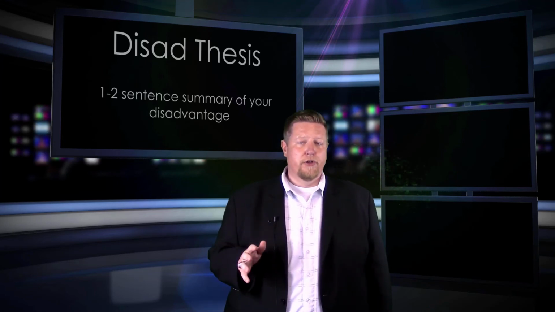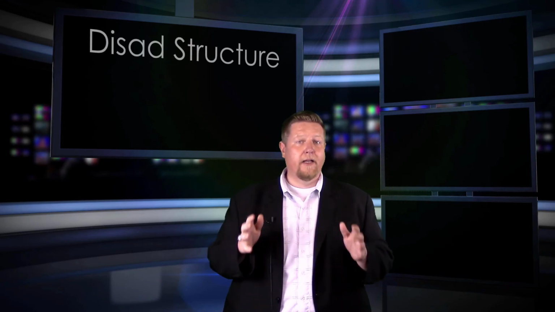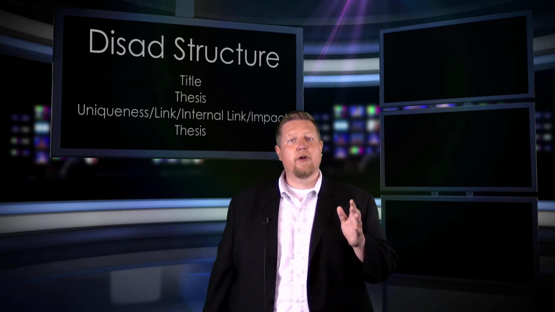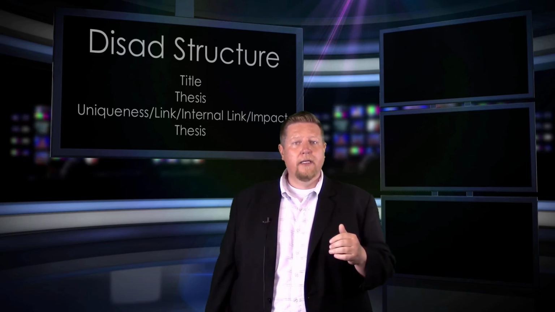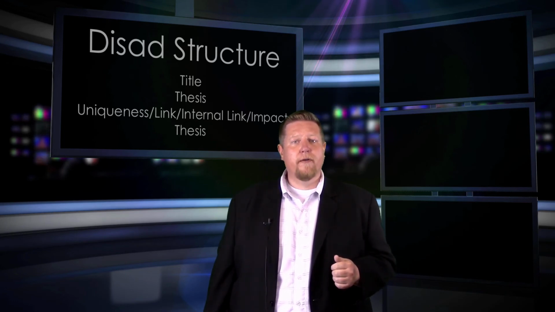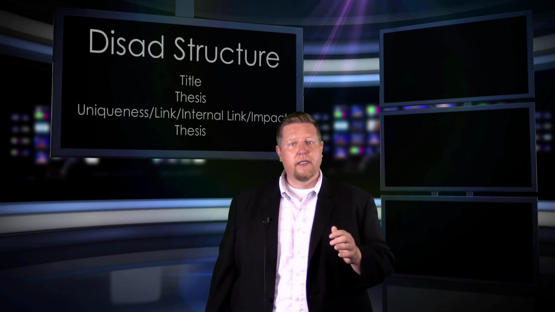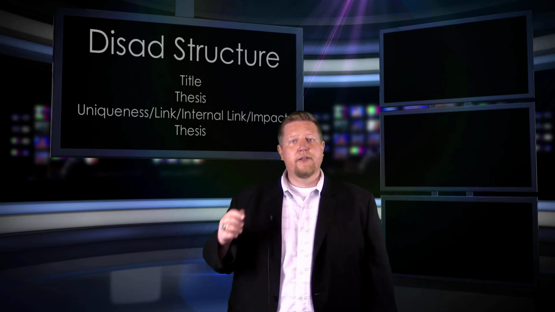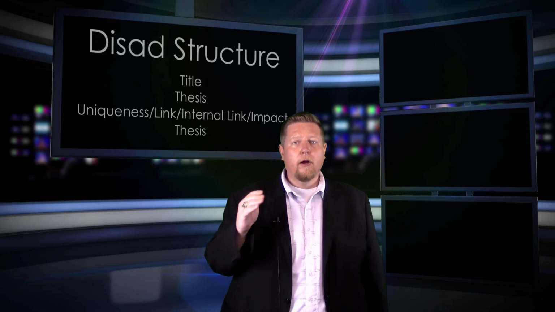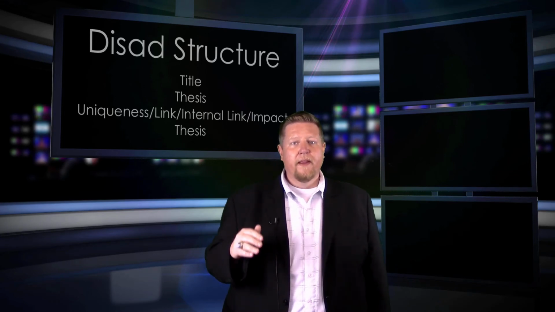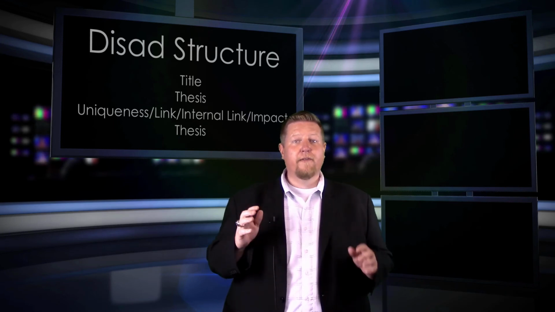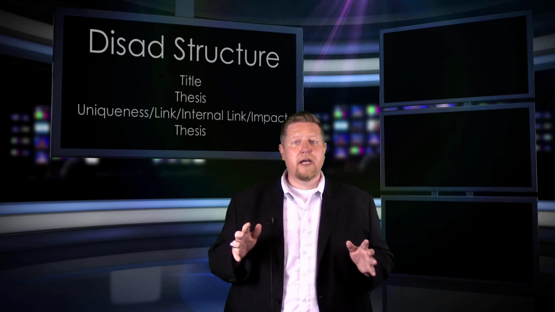The second item is structure. When you read a disadvantage in a debate round, you want to use the following structure. Provide the title of the disad as your next argument. Then read the 1 or 2 sentence thesis. You'll next want to say the word uniqueness or brink, then read your tagline, then your evidence. Take a moment at the end of your evidence to summarize the most important part of the evidence. Then say the word link, read your tagline, then the evidence, then summarize your evidence. Then say the words internal link, read your tagline, read the evidence, then summarize your evidence. Then say the word impact, read your tagline, then the evidence, then summarize your evidence. Then take a few seconds to explain that thesis again and summarize the entire disadvantage.